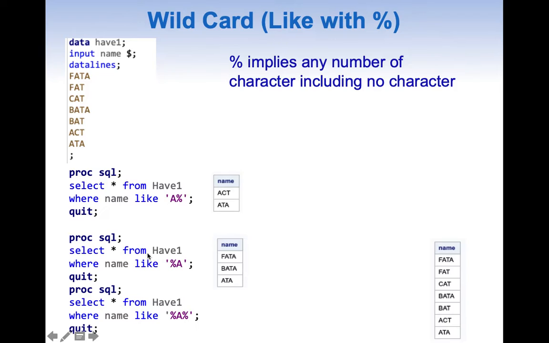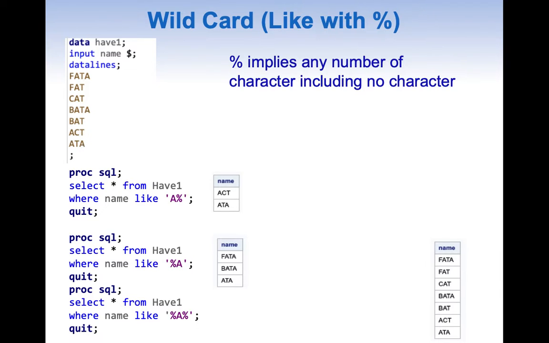As I said, percent implies any number of characters, including no character. Now let us try to understand it through queries. Say if I want something to start with A and it could have anything after A, then I could write something like where name like 'A%', which means anything can come after A. So it will pick up these two